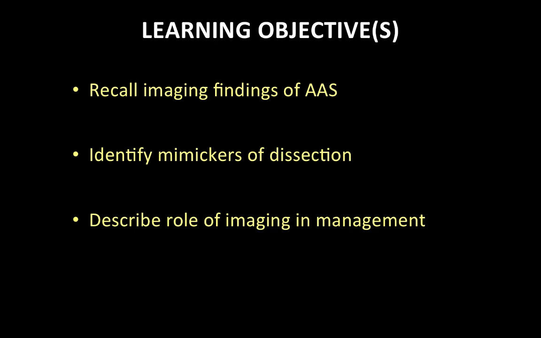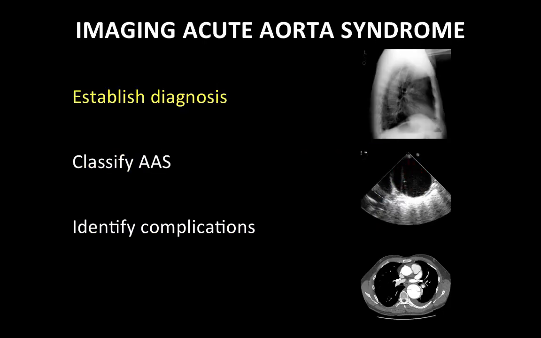The learning objectives for this presentation will be to help you recall the imaging findings of acute aortic syndromes, identify mimickers of aortic dissection, and describe the role of imaging in the management of patients suspected or known to have acute aortic syndromes. So, by far the most important role of imaging in the evaluation of patients thought to have acute